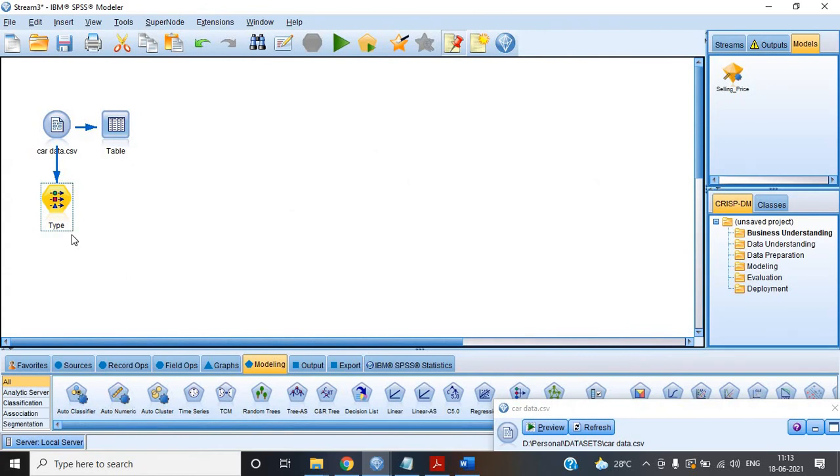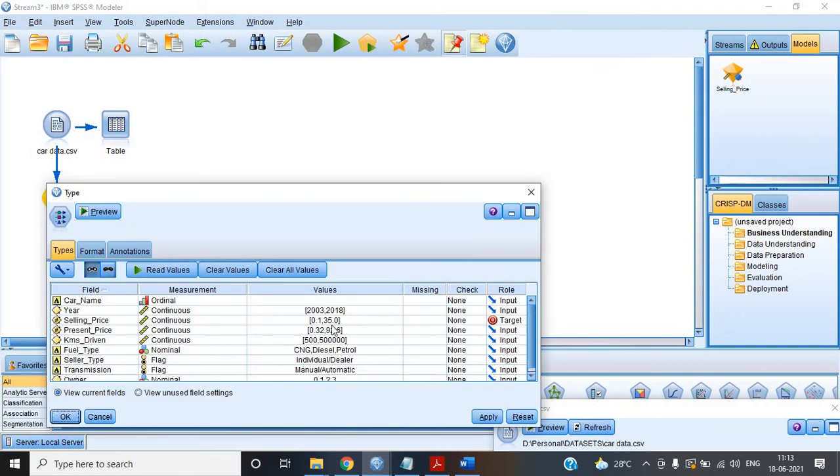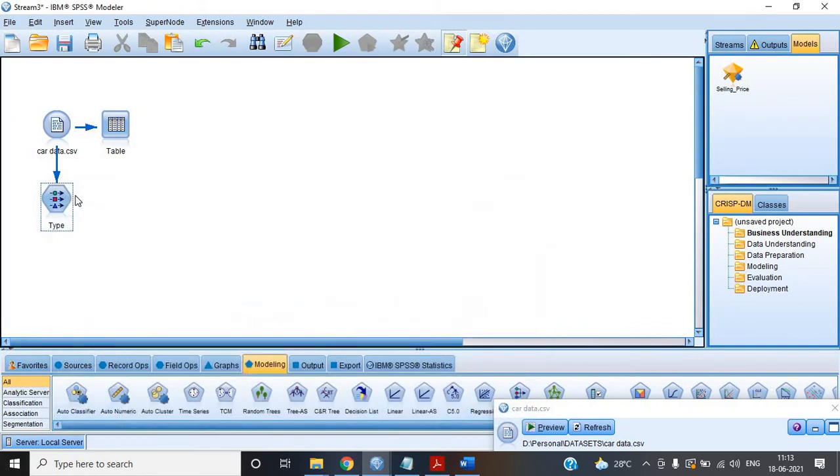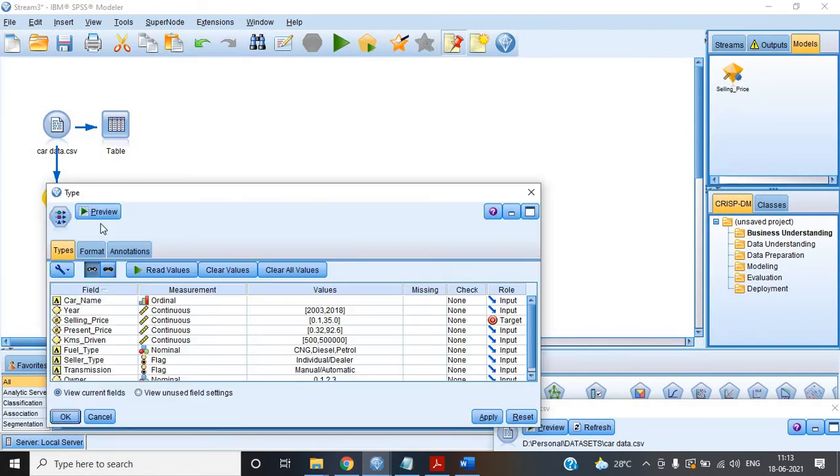If we need to check continuous values, like the numbers existing between 2003 to 2018, then we will use auto numeric.